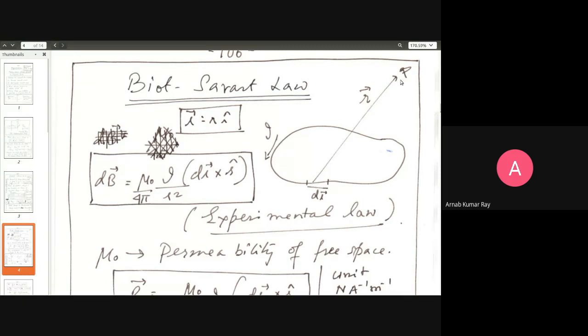And so what is the magnetic field due to this small line segment? In Coulomb, if you have a static point charge Q, then the electric field due to that point charge will be Q divided by 4 pi epsilon naught r squared r cap. That is how you write it. Okay, so here in the denominator,